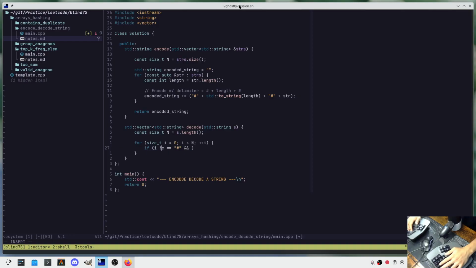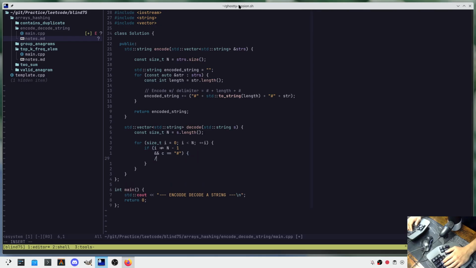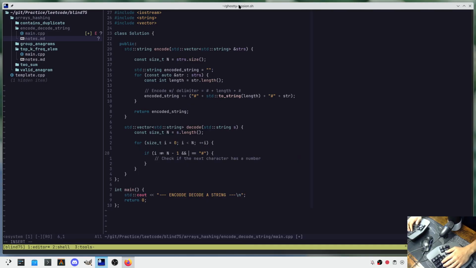So if i does not equal n minus 1, and check if the next character has a number. S at i. If s at i plus 1